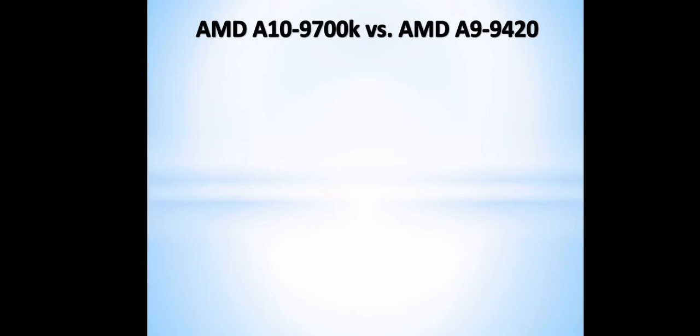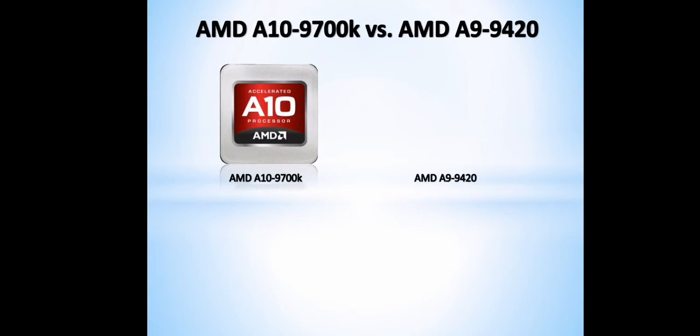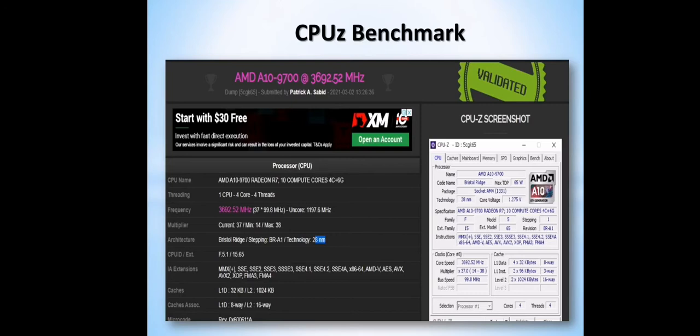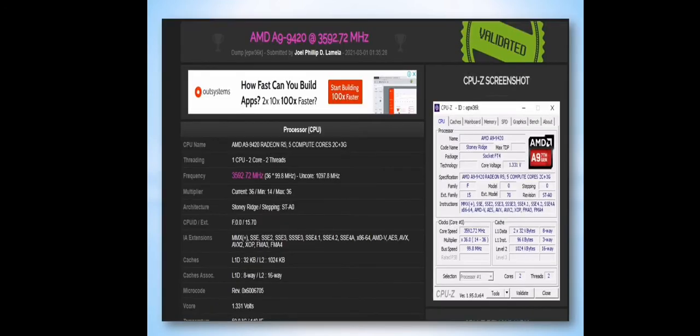First of all, I will introduce to you the first CPU, which is the AMD A10-9700k. This CPU is present in a computer. The first release of the CPU was September 2016, in which it costs about 3,842.60 pesos. On the other hand, we have the AMD A9-9420 released June 2016, but for this CPU, the first released price was not given from my sources, but a laptop which has this kind of CPU costs about 23,500 pesos. For the CPU benchmarking results, this photo was the benchmarking results of AMD